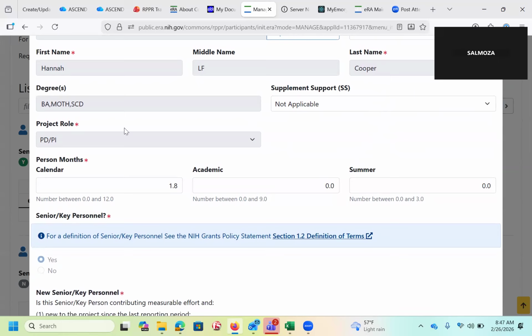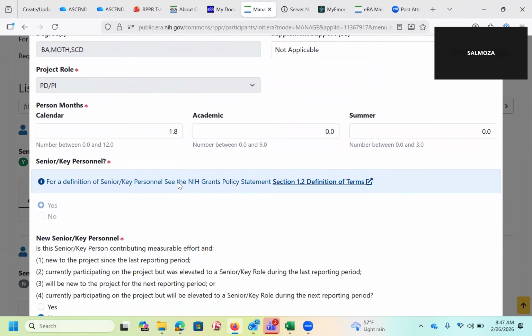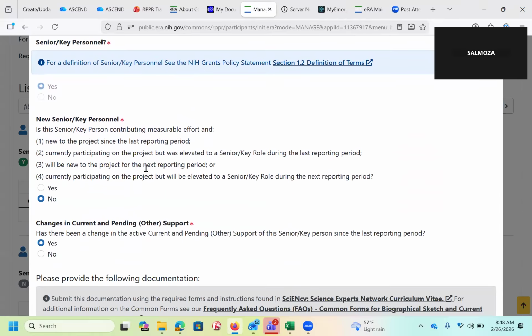This is my PI, so PI was automatically selected, but you can change their role. You put in their calendar months. And then this is the new part. So there's questions. Is this a new senior key personnel who's contributing measurable effort and they're new to the project